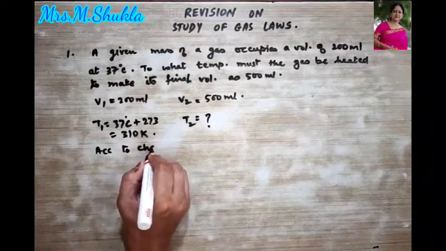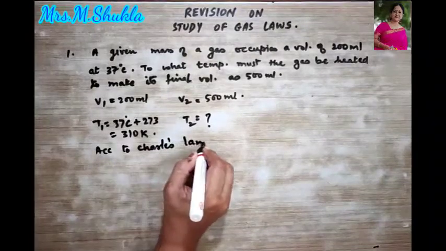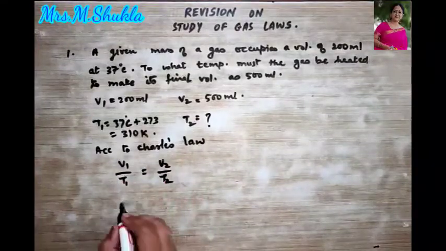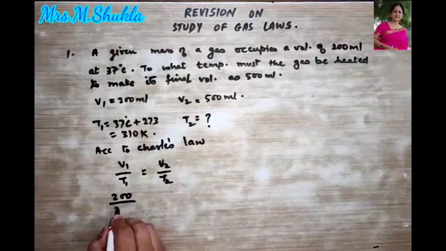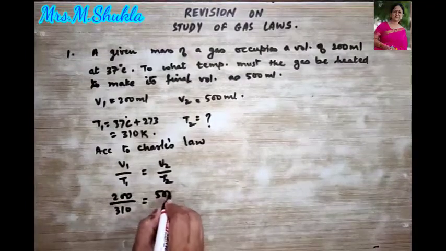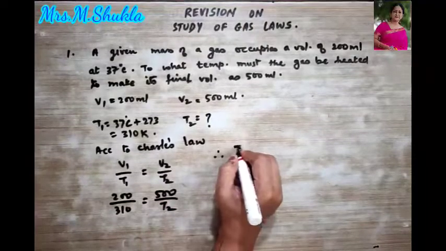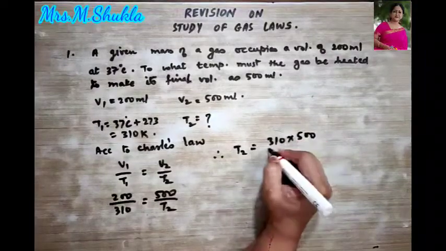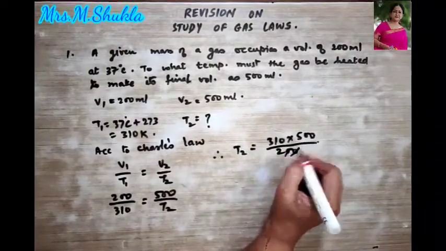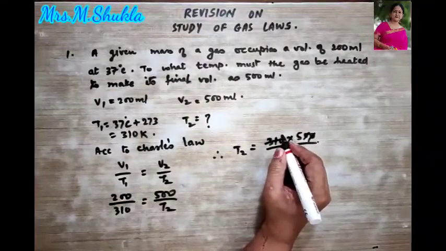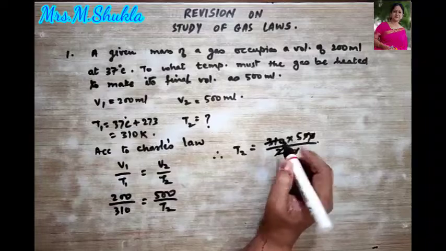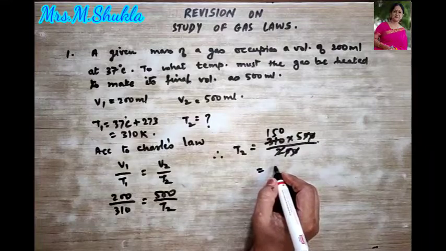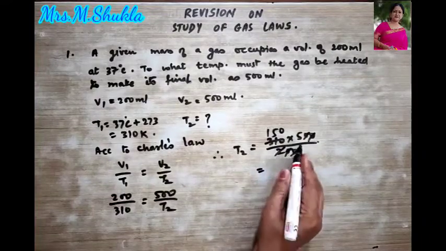Now what formula are we going to use? According to Charles' law, V1 upon T1 is equal to V2 upon T2. What is V1? 200 upon 310 is equal to 500 upon T2. Therefore, T2 will be equal to 310 into 500 upon 200. The zeros get cancelled. This becomes 2150, upon 2... so this total temperature comes out to be